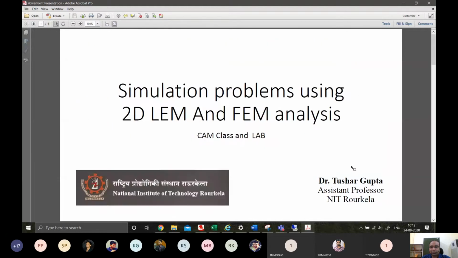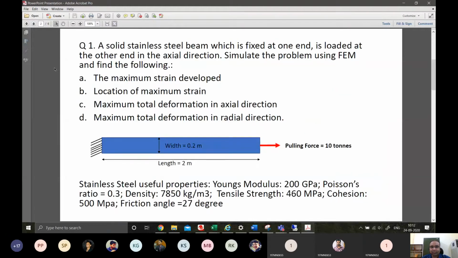What I want to do today is, if I can basically, let's say, translate this problem, question 1, into a 3-dimensional problem. So suppose a very simple example of this beam. Let us assume this beam being a cross section of a square, right? So if this is 0.2, that is 20 centimeters around. So 20 centimeter by 20 centimeter will be the cross section, right? And the length will be of 2 meters.